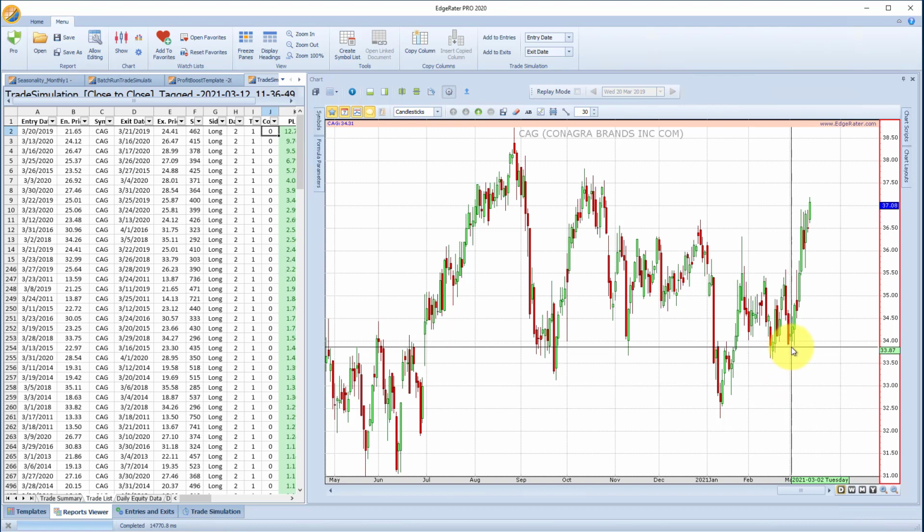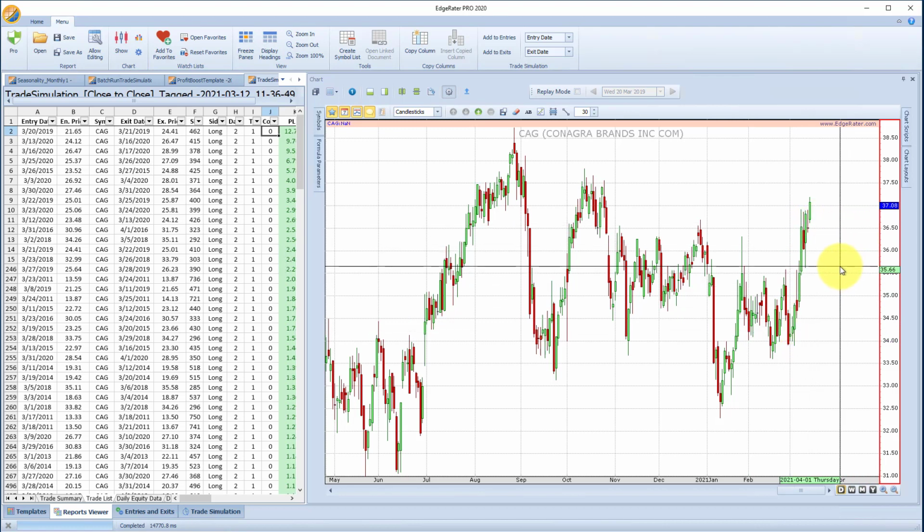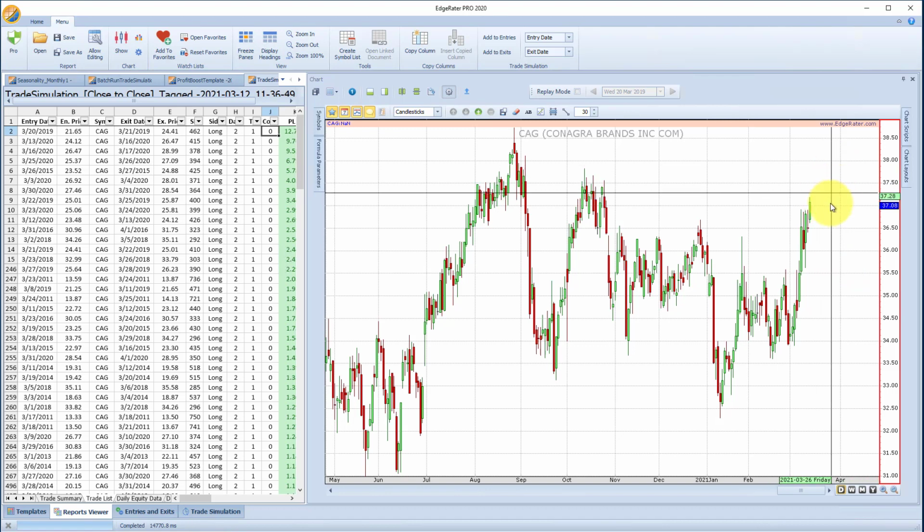This was the first bar of March, right here. And so far March has actually been very positive for Conagra. So March ends over here, so there might be some room left here, but